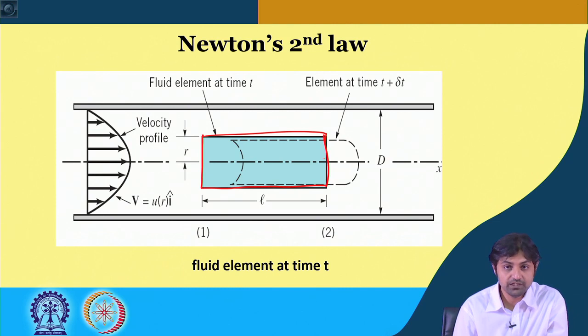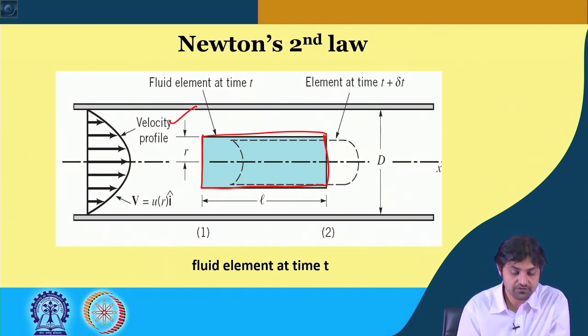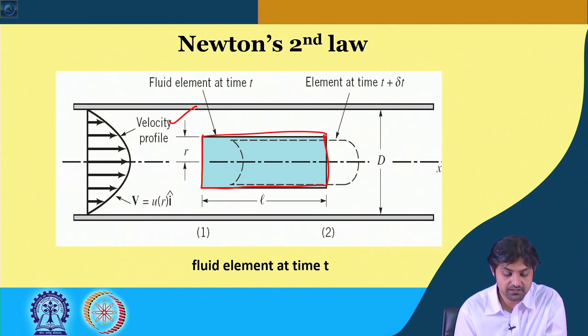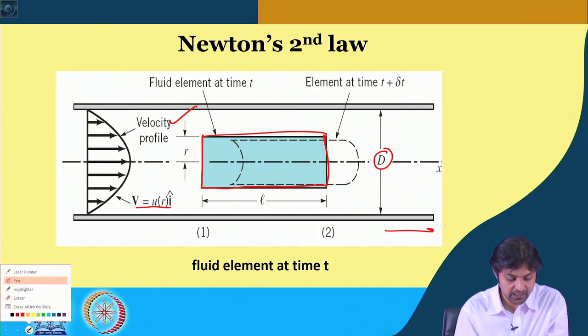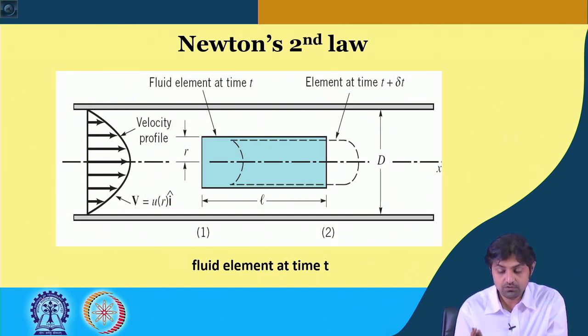Okay, and in the fully developed laminar flow, this is the velocity profile as we have seen in our laminar and turbulent flow analysis, and this velocity is only a function of radial distance r from the pipe. This is the diameter d of the pipe, this is the x dimension, and the fluid element is of length L that we have considered. At time t equal to t plus delta t, so after a time interval of delta t, this is the fluid element.